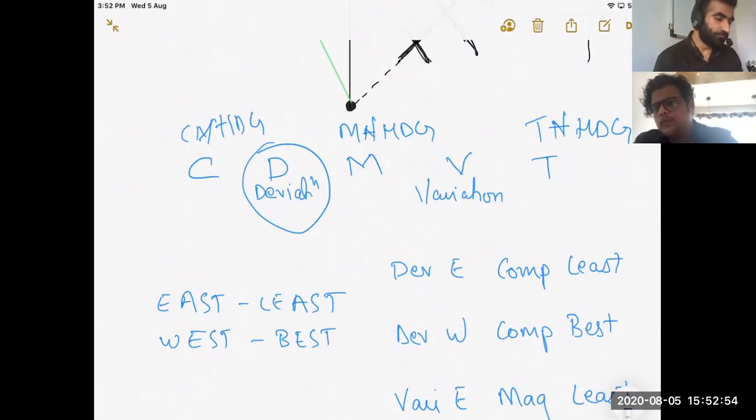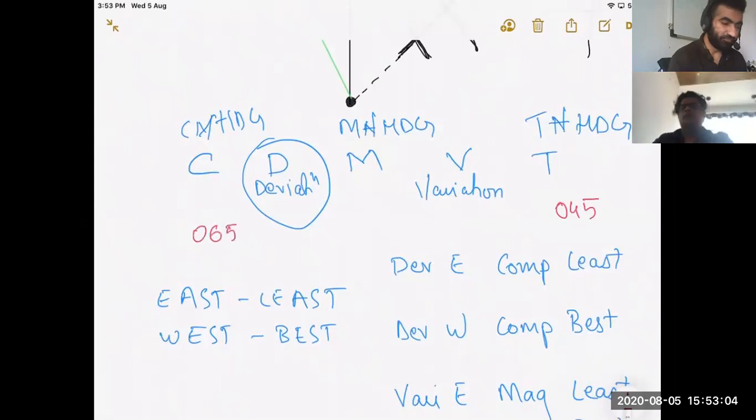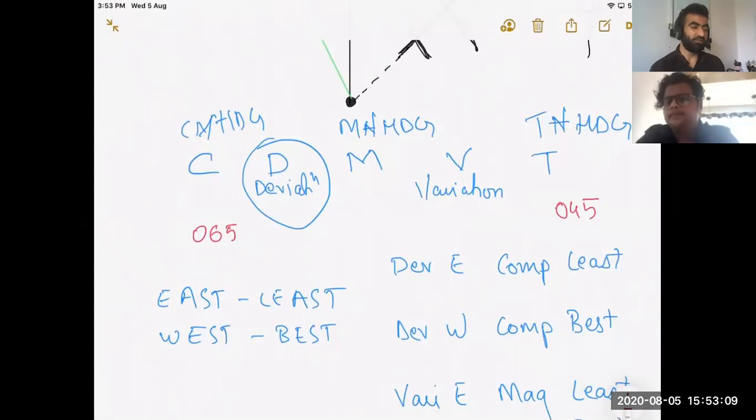So let's just fill in the gaps here. In this example, true heading is 045. Compass heading is 065. Now you give me any one value, either variation or deviation. One has to be given. Any value? So if we say the variation is 9 degrees east,